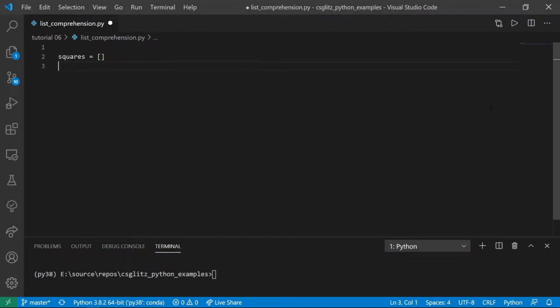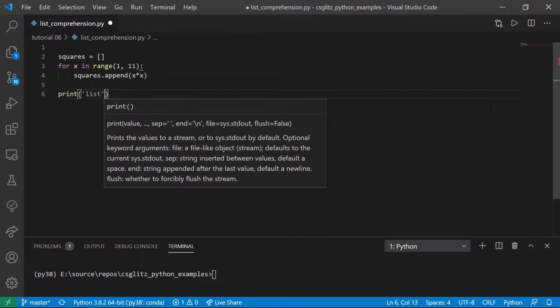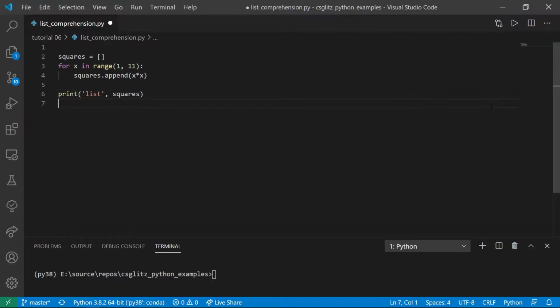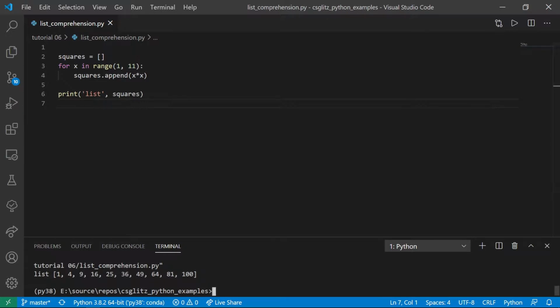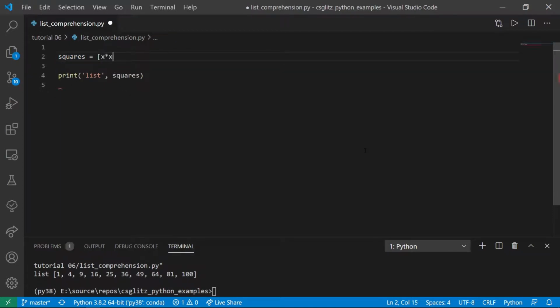Let's write a program to create a list of squares of all the numbers from 1 to 10. Python provides an elegant way to create a new list by using list comprehensions.